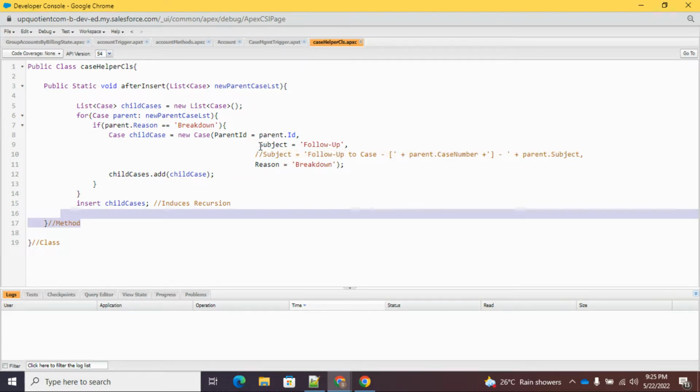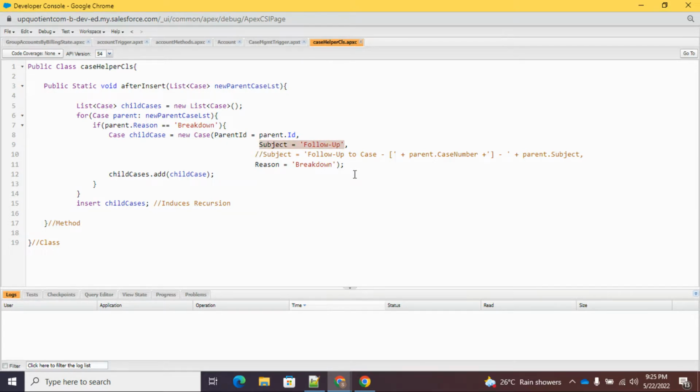The first thing that we are going to test is, I will show you the recursion I was talking about. And in order to facilitate that, I had to change the subject to a much simpler, static one. I will show you the recursion, and then we get on to the actual requirement,